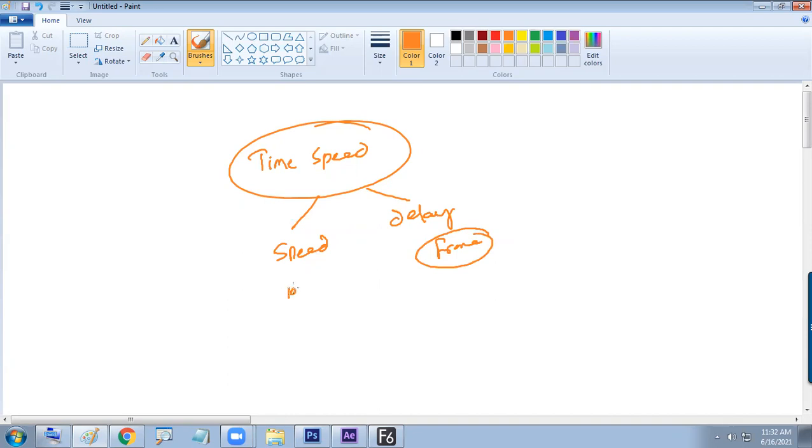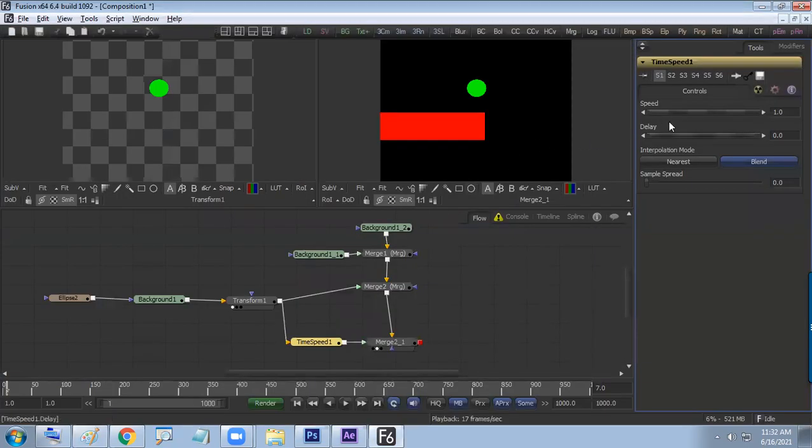This is 100%, but it is represented by 1 speed, 200% speed is fast, and slow. Normal, all the things can be done. This 1, 2, 3 means faster. Slow means 1 minus 1. Normal means 1. So hope we have understood the difference between speed and delay, which are part of the Time Speed.